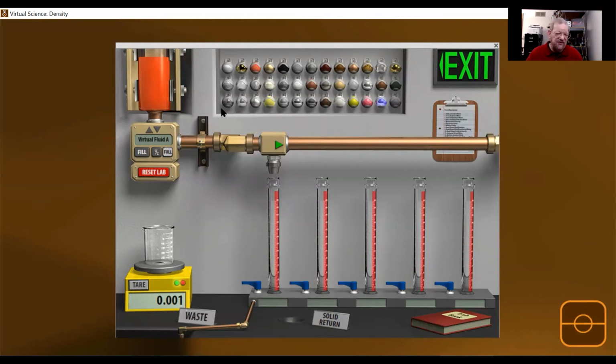Sodium and silver should be first. But anyways, it goes through the different items. Then at the lower right-hand corner, the last 4 are your virtual solids A, B, C, and D, and you use the one I asked. So how do you do this? First of all, I'm going to take my beaker off there. I don't need it anymore. I'm going to tare the balance, zero it. Let's pick